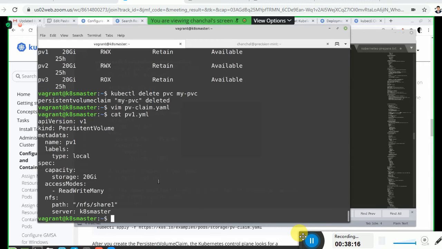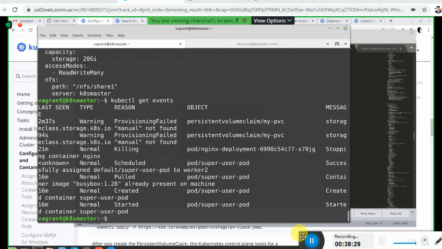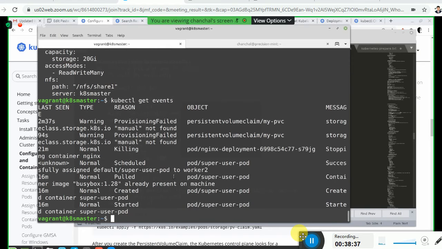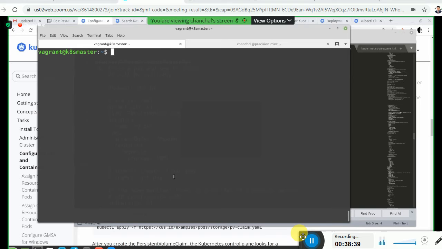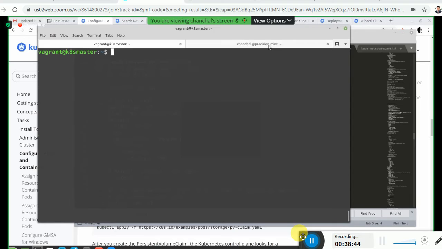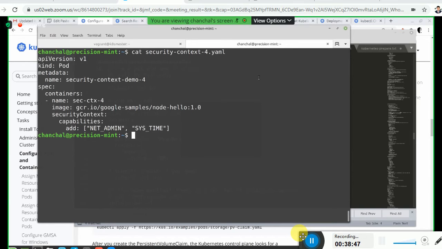Okay. So if I do a kubectl get events, will it tell me what is going wrong? Kubectl get events. Started super user pod, no, it is starting, all that, but PVC creation activity, error, etc. It is not giving me. Okay. Anyway, so the major problem is we have not started the NFS on the host system. What are the services we are expected to run for NFS? Anybody remember for Ubuntu?